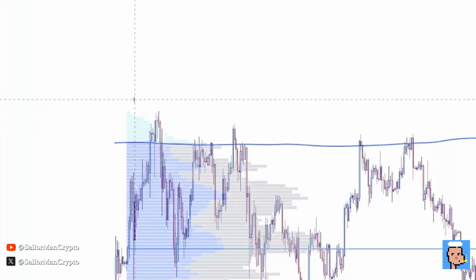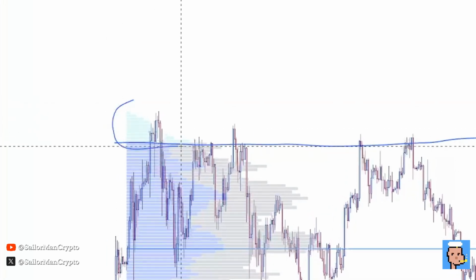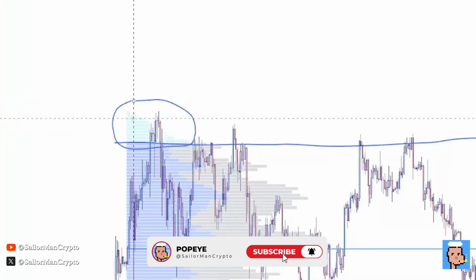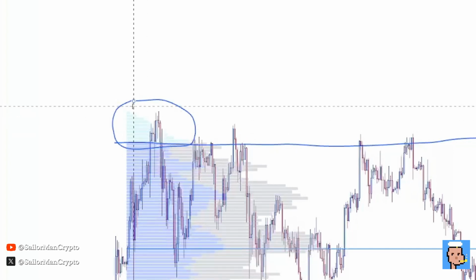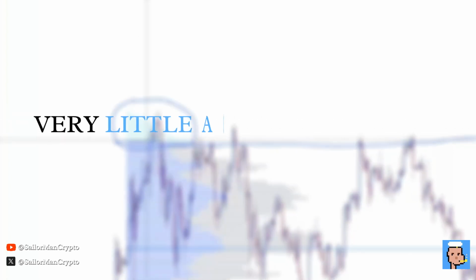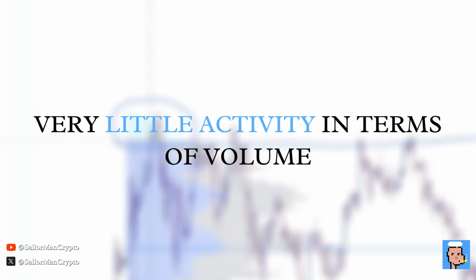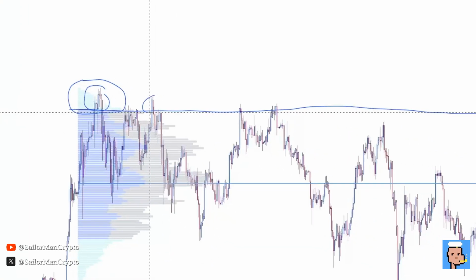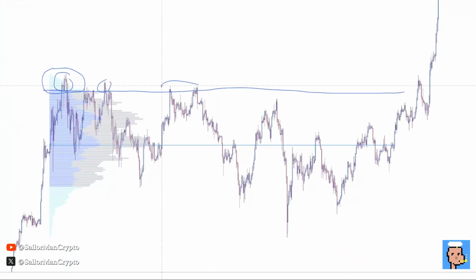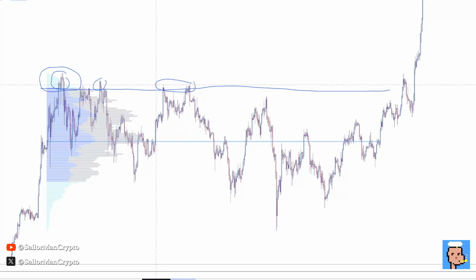Above here, where the color becomes less dark, more light, this is an area where there was very little trading activity in terms of volume. So probably if we move to a higher time frame, the levels above this volume area high are just little weak. Price visited this area, but without any relevant volume